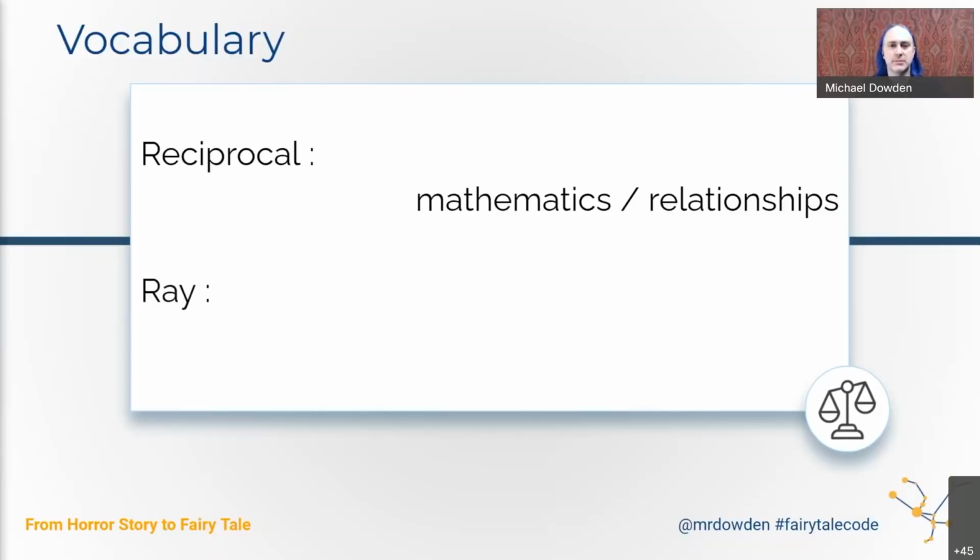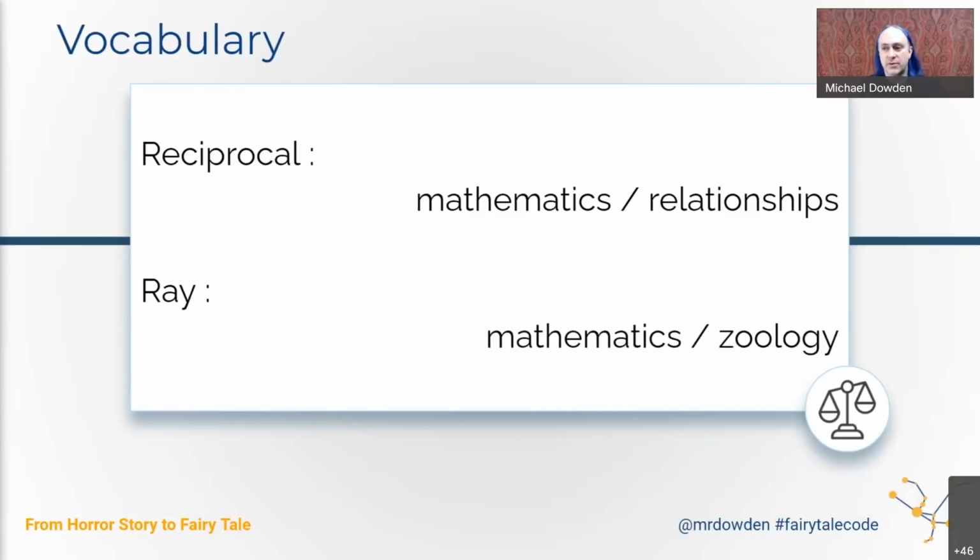Another great example is ray. If I say ray, what do I mean? Is there enough information? What's the context? Are we talking about mathematics, where it's a point with a line that extends in one direction? Or are we talking about zoology, where it is an animal that swims through the ocean? Or perhaps I'm talking about a ray of sunlight.